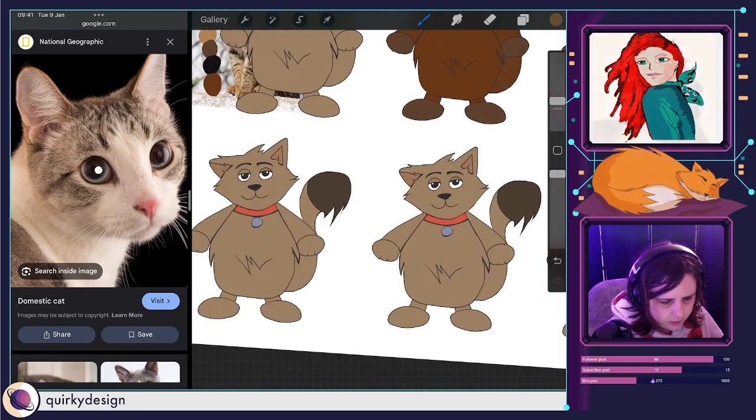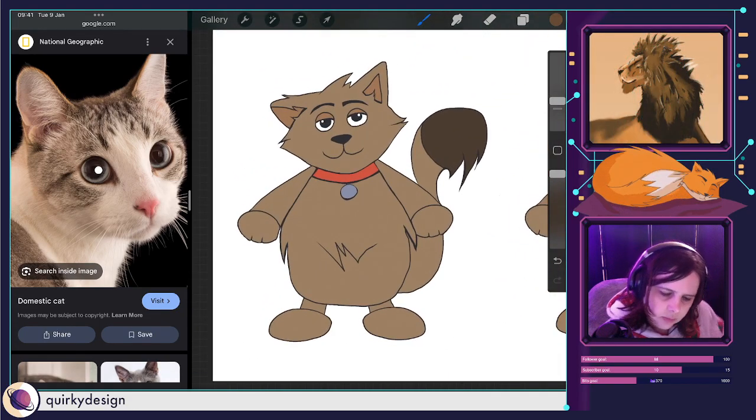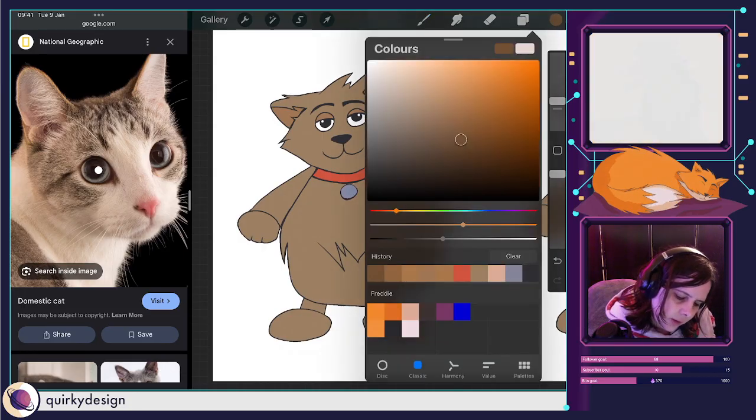Maybe I'll try and match the colour rather than copying over. Let's see.